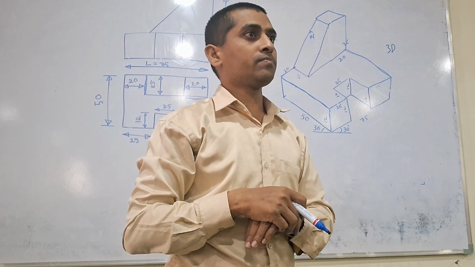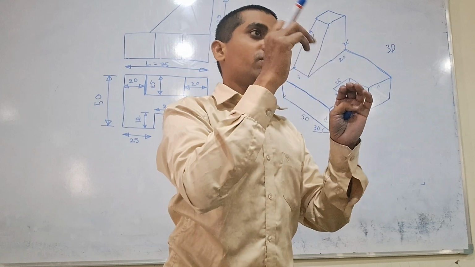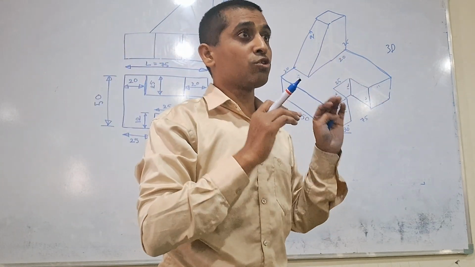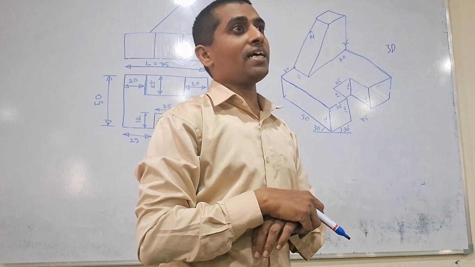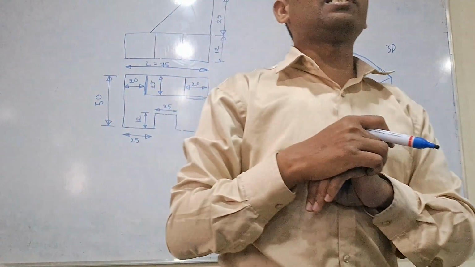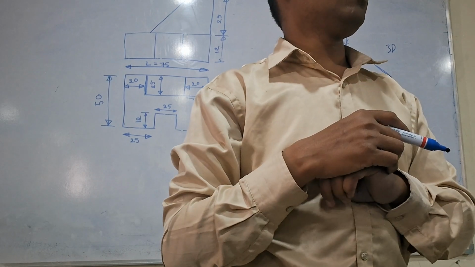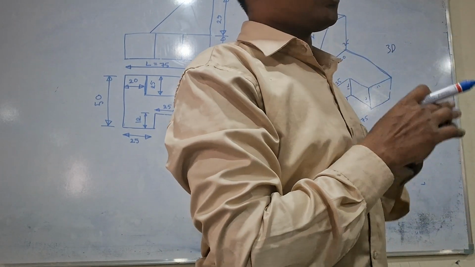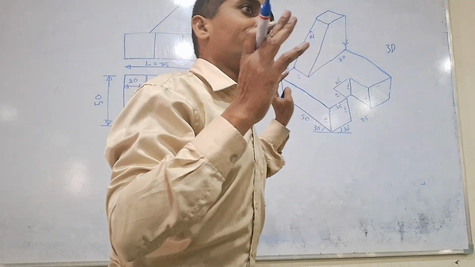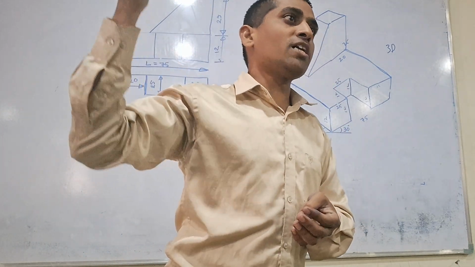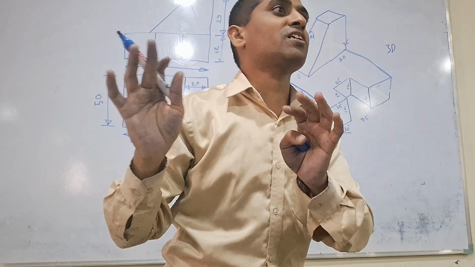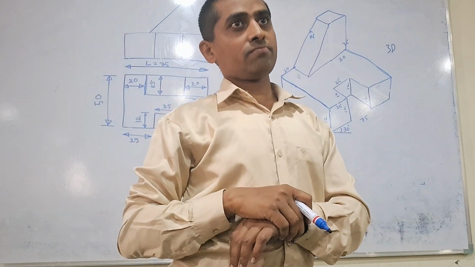Sir, we can use 45 also. You can use 45 if other people don't know that you are using 45, because everybody knows that it should be 30 according to the engineering drawing. What is the purpose of this engineering drawing lab? We prepare these 3D views or certain views, front view, top views, or orthographic views, and we will send these views to the shop floor people. They will understand this and they will manufacture the component.